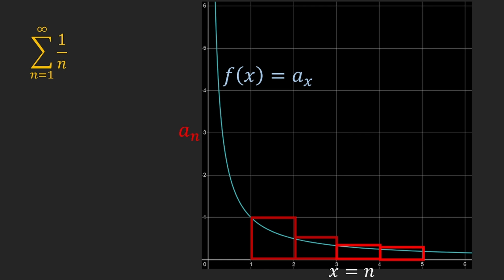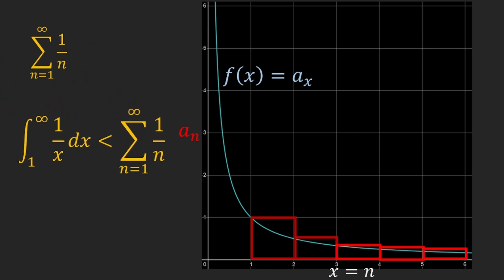And then what you'll realize here is if the areas of these boxes are the sum, then quite clearly the integral of the curve f of x is less than the sum, right? The sum is an overestimate. It's a left-point Riemann sum of this function. So we know that a left-point Riemann sum for a decreasing function is going to be an overestimate of the integral. So knowing this,